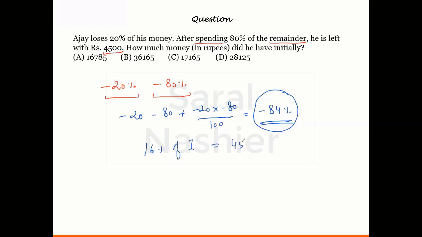That 16% is now given to us as 4,500, because he says he's left with 4,500 rupees at the end. So what was the initial amount according to this? The initial amount would be 4,500 divided by 16%, or you can say divided by 16 into 100. So when you solve it, 16 2s are 32. So from 2, only one option starts, and that should be our answer, because other options do not start with 2. I mean, there is no need to completely calculate this. It will definitely come out to be 28125.